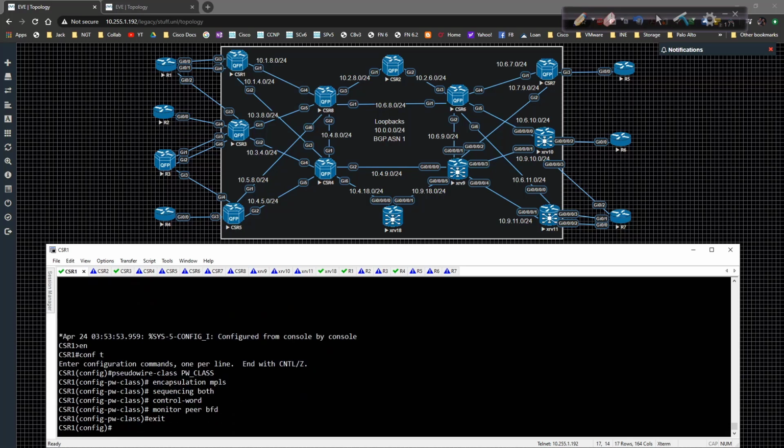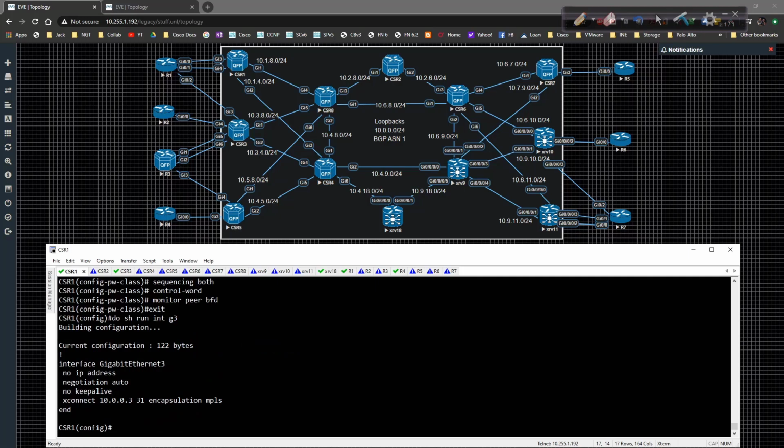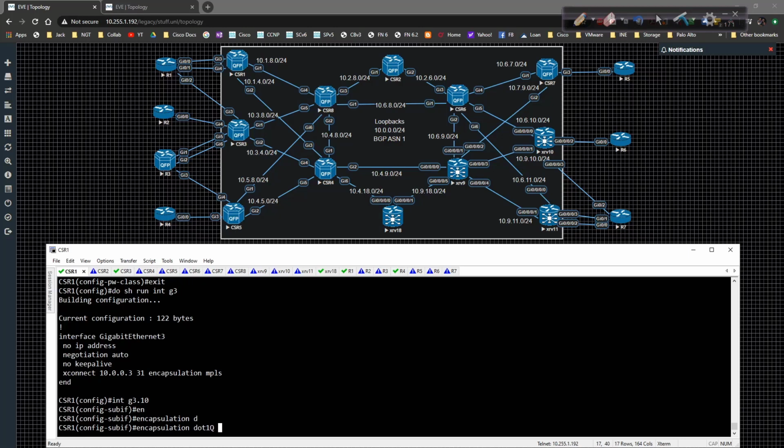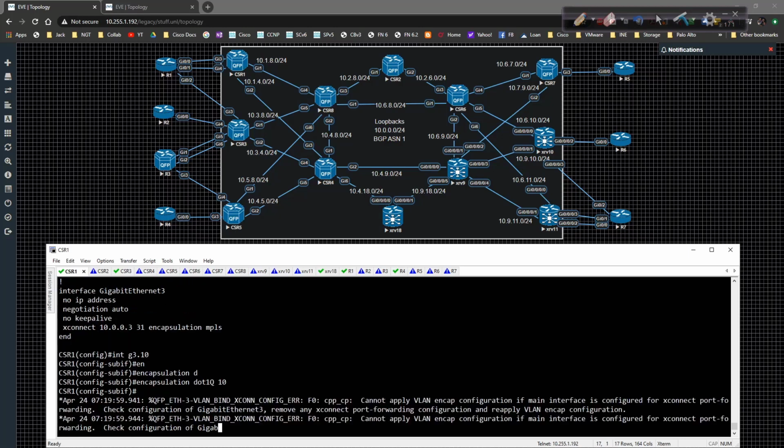And I can exit out of that. And then what I'm going to go do is on CSR1, do show run interface gig 3. We can create a .1q sub interface. So interface gig 3.10, and now for the encapsulation, we would specify dot1q is going to be 10, for example, but then we type in,